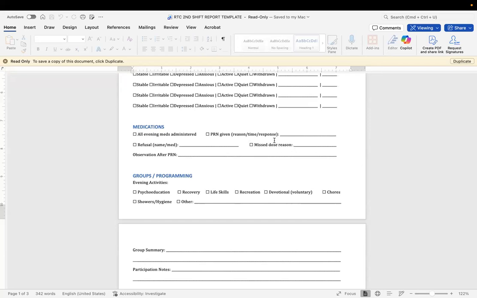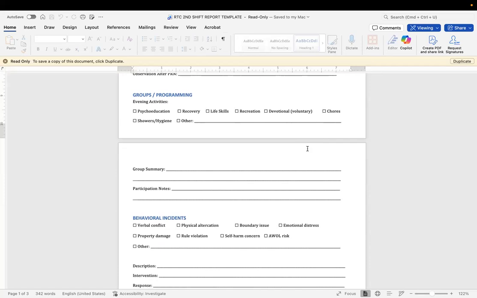If a dose was missed, then you would articulate it here. Maybe I was off campus, or maybe the medication didn't make it to campus on time, whatever the case may be, but you do have to note it. And then any observations after PRN meds. So I took the medicine, 30 minutes later I was up doing things because my head quit hurting, or my shoulder quit hurting, or whatever the case may be.